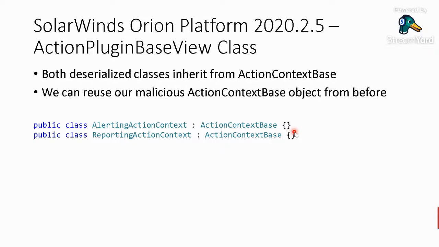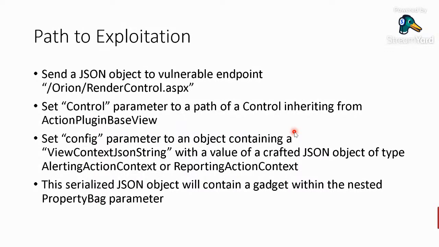So very useful stuff. So the overall idea here, okay, we're going to send a JSON object to the vulnerable endpoint. We're going to need to set a control parameter that inherits from this interesting control that we saw. We need to set a config parameter, which chooses to set this parameter with our crafted JSON. And that crafted JSON can represent either of these two types. And after that setter is called, we basically get the insecure deserialization to trigger,